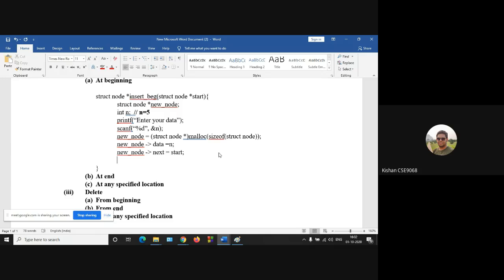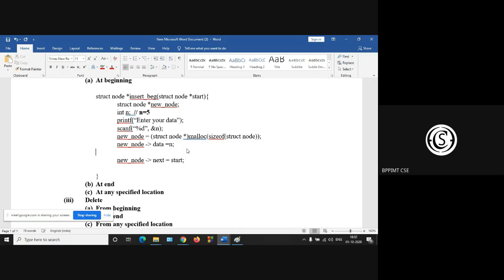Sir, we will need to traverse to the last node. Yes. So we have to declare a temporary pointer. The temporary pointer is PTR. Okay. Now while PTR arrow next is not equal to which one?